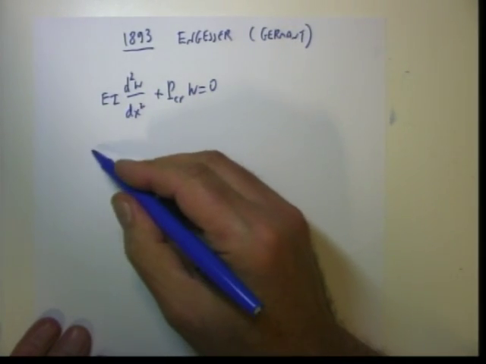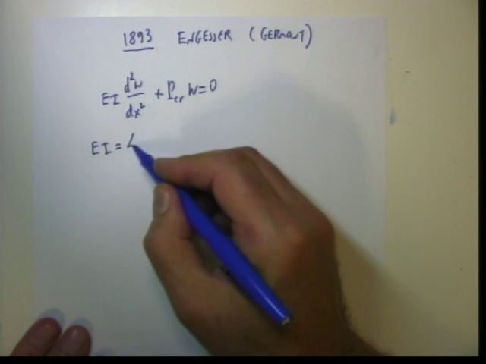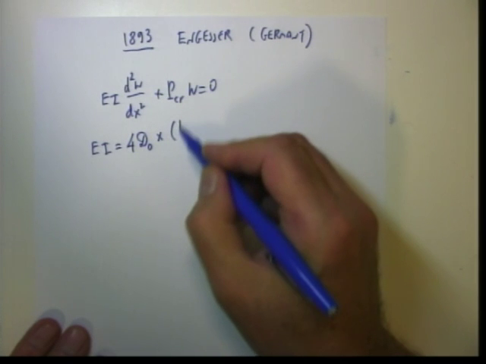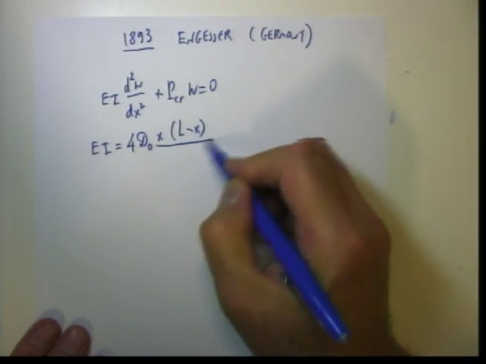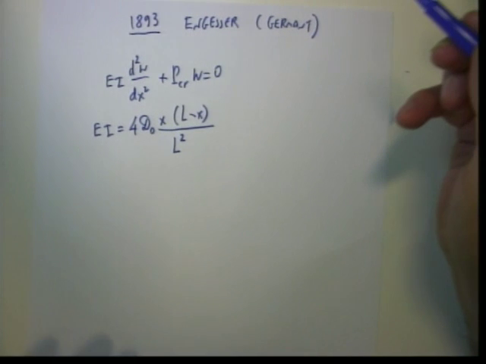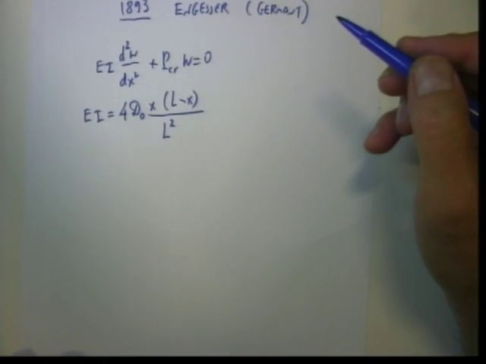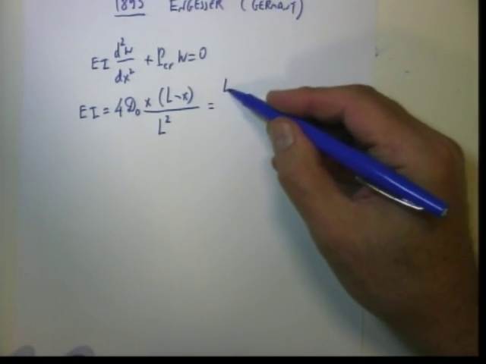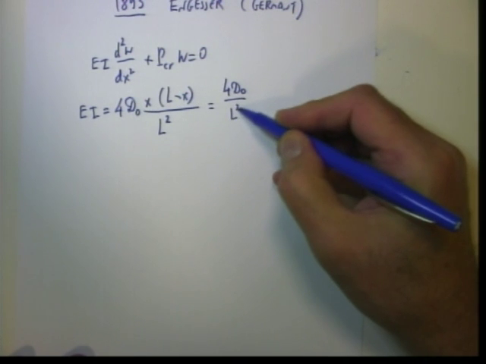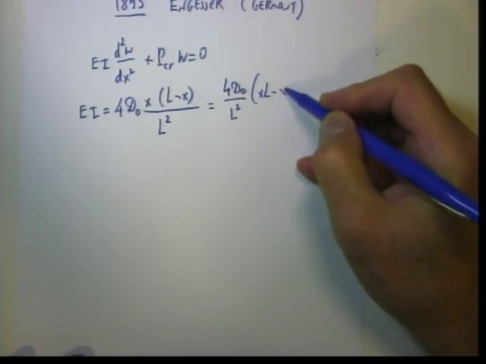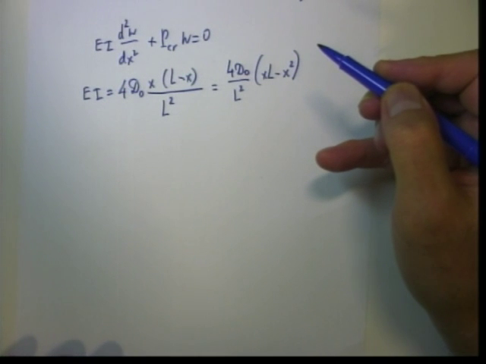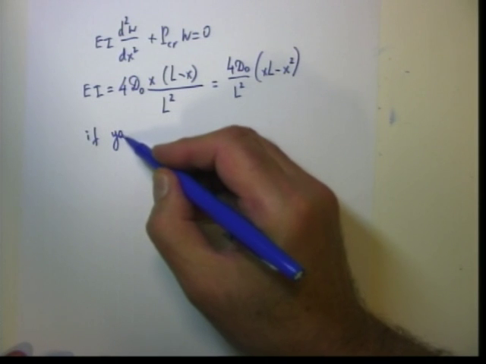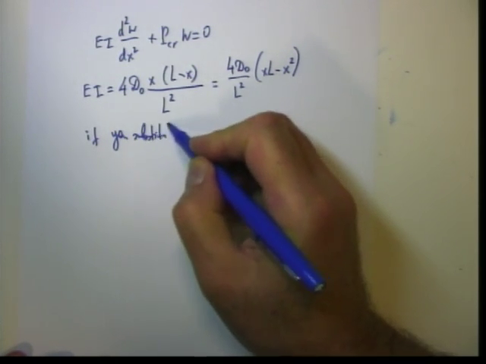He says if EI equals like this, 4 d sub 0 x (L minus x) divided by L squared. So that is his expression. Let us calculate what it is. That is 4 d sub 0 over L squared times (xL minus x squared). Now he says if you substitute W